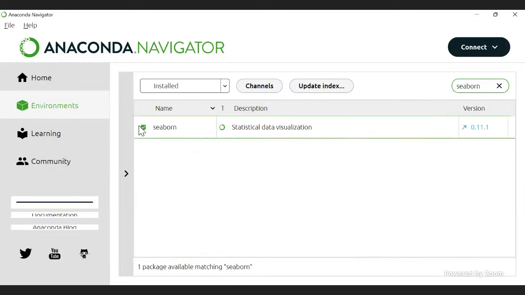I have Seaborn. Okay, so we have all the 4 libraries in my environment. So we are good to go. You guys can also go ahead and check it. In case of any issue, let me know, so we can solve it. See, the advantage of using Anaconda is that it comes with pre-installed libraries. All my libraries are pre-installed.